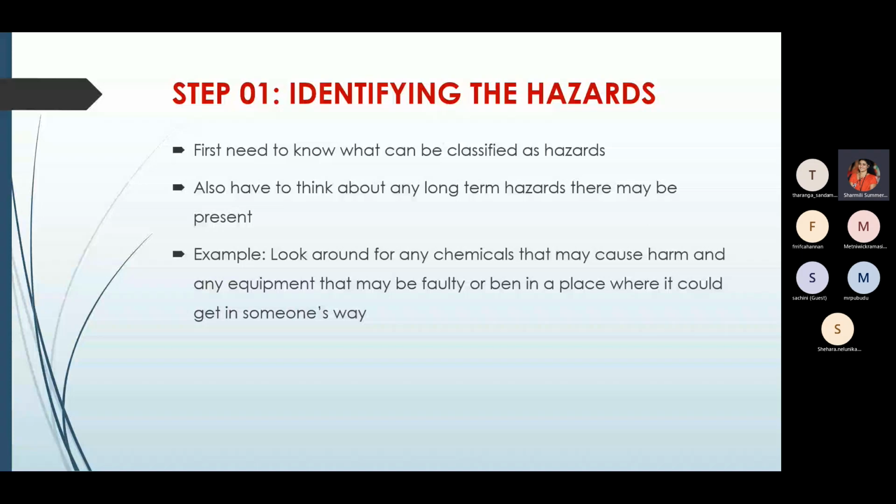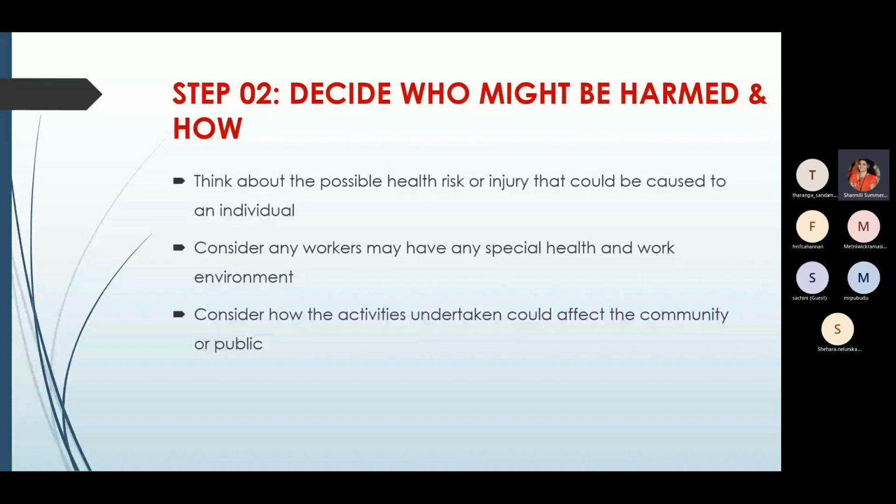In addition, consider whether any activities or special environment could be involved. Consider that any workers may have special health and work environment needs, and also consider how the activities undertaken could affect the community. So, for example,